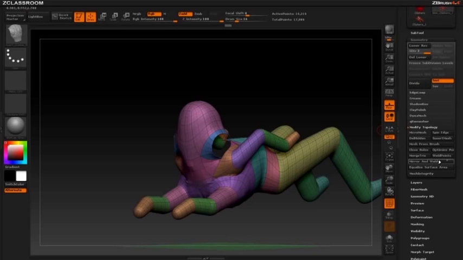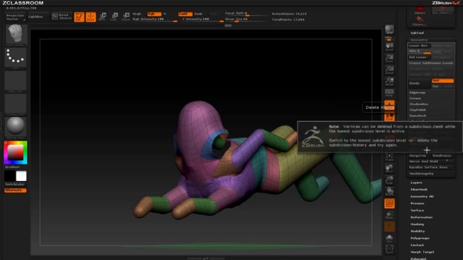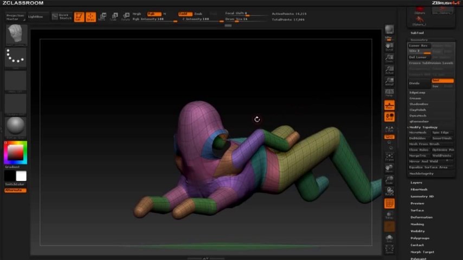menu and hit Delete Hidden. Oops. It's going to tell you you can't delete hidden on a mesh that has multiple subdivision levels. That's okay. So we're going to go ahead and delete lower, then delete hidden, close holes, and that's going to